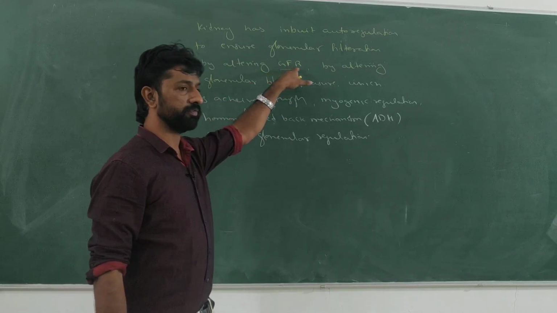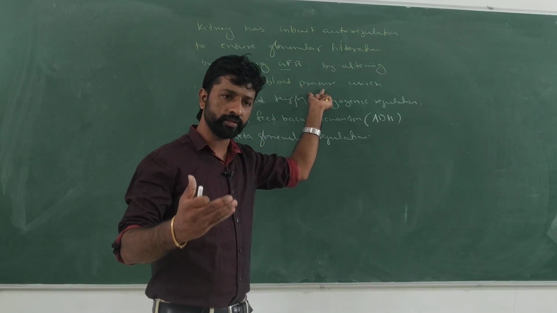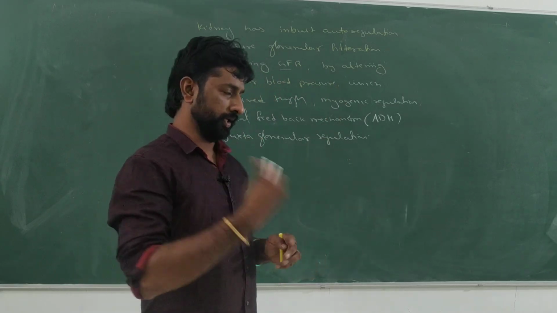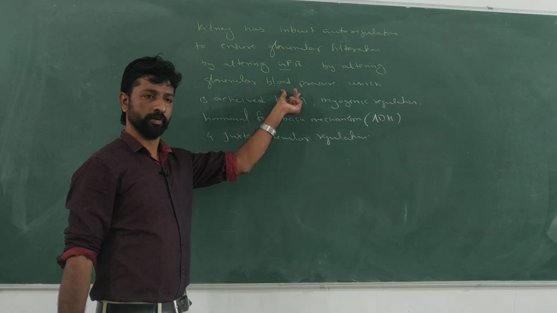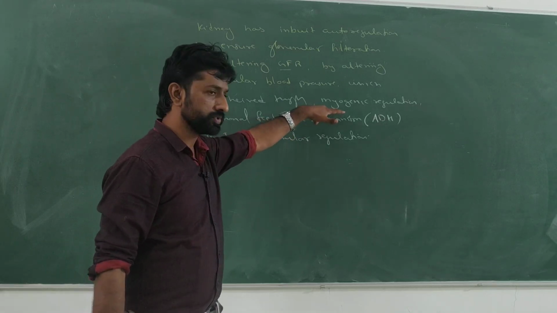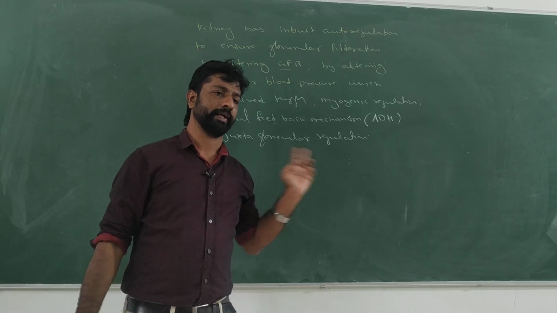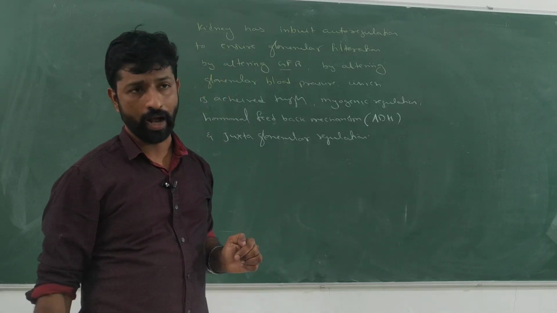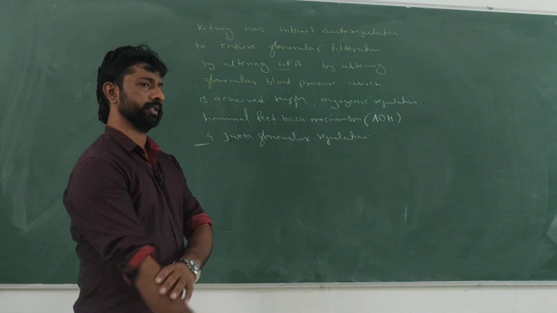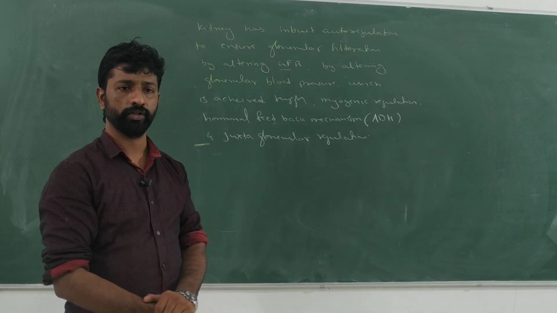Okay, so this normal GFR can be achieved by altering the glomerular blood pressure. Any decrease in the glomerular blood pressure causes filtration not to occur, right? If the normal glomerular blood pressure is maintained, filtration will take place continuously. That is ensured by myogenic regulation, the hormonal feedback mechanism, and juxtaglomerular regulation by the juxtaglomerular apparatus. Is it clear? This is the inbuilt mechanism for the continuous function of the kidney. Any doubt in this one?